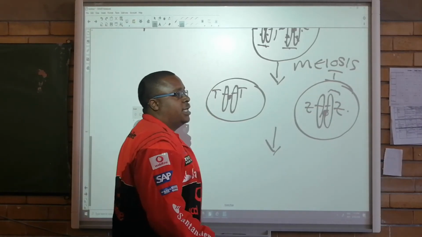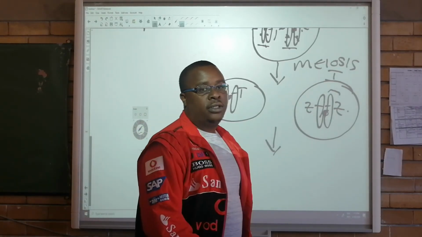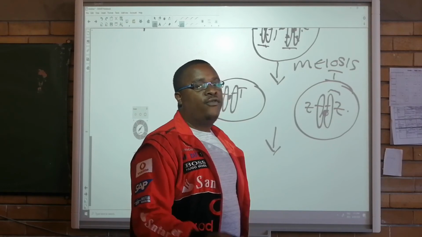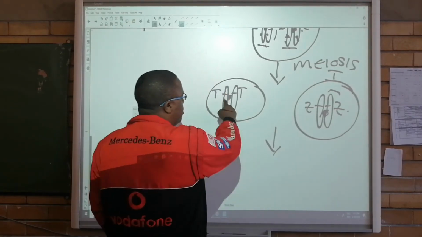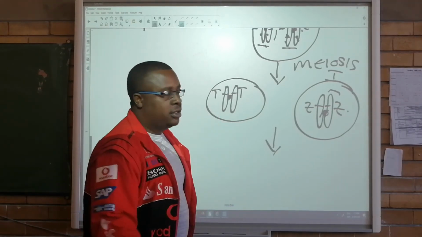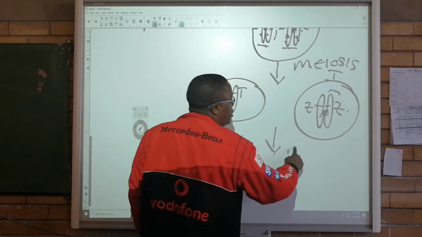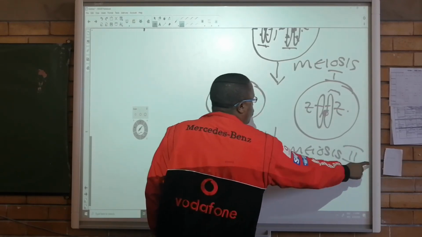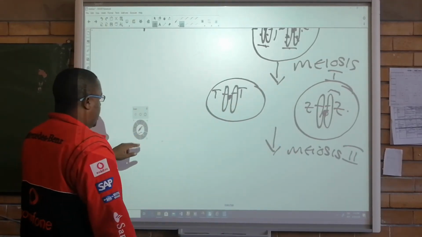the sister chromatids will now split at the centromere and form daughter chromosomes. The chromatids, sorry, not sister chromosomes. The chromatids will now split at the end of what? Meiosis 2. Again,